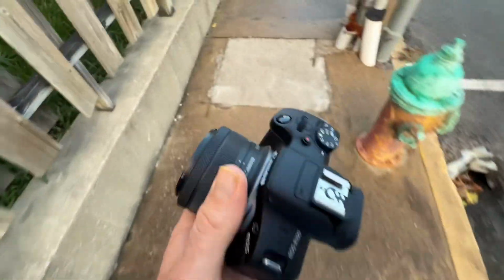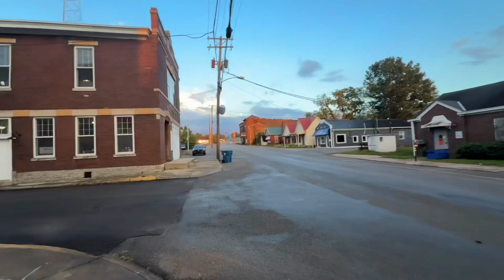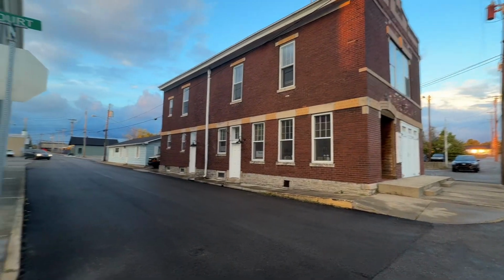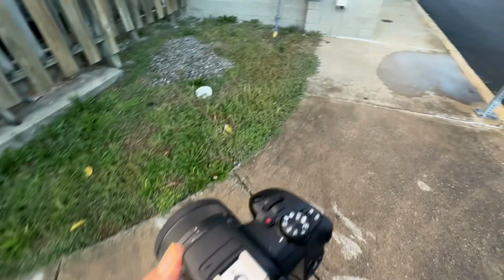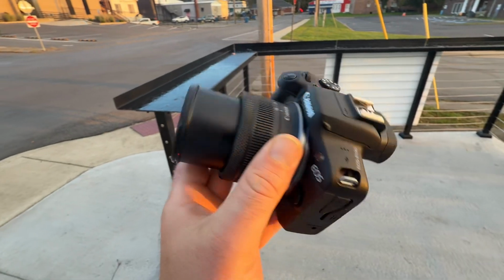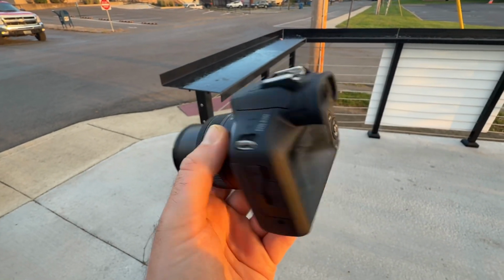Of course, this iPhone's a lot more expensive than this camera was. I bought this iPhone at the Apple store for $15.99. It's the Pro Max. The colors are really good on both. I like the Canon colors, but I also like the iPhone. Apple colors are good. I think having a little tiny camera like this just makes the photos feel better. It's just so light, and when you get really good photos with a camera like this, you just feel good